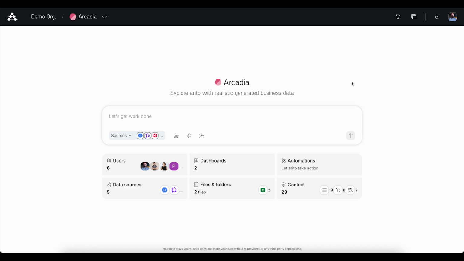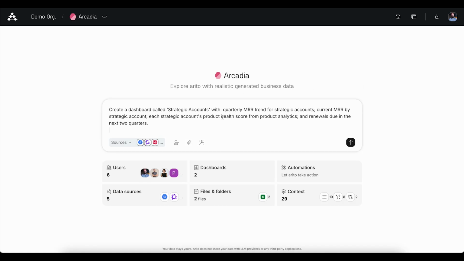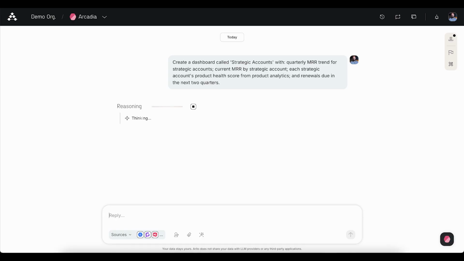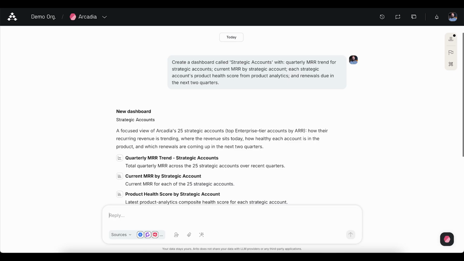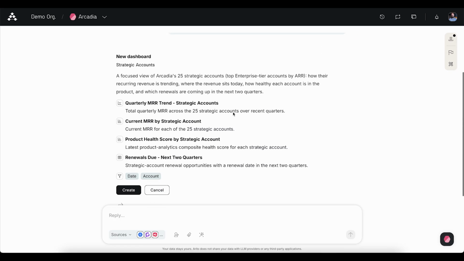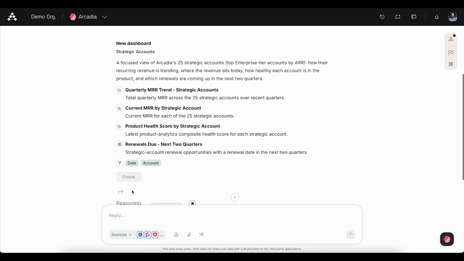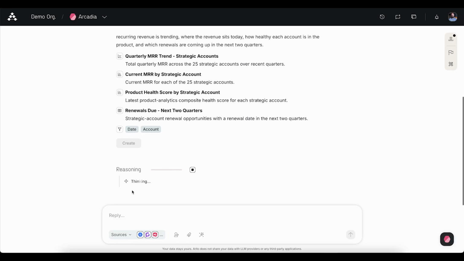And now we're going to go and create a dashboard. As I mentioned, we have a great text-to-dashboard capability. We just tell Arito what we want, and Arito analyzes that and comes back with some suggestions on what dashboard Arito thinks is best for our use case. Arito gives us a list of graphs, including their type, and it even gives us the filters, the data dimensions. Here we see date and account, and if we say create, it goes to